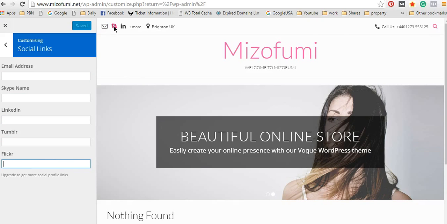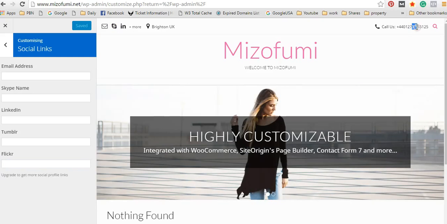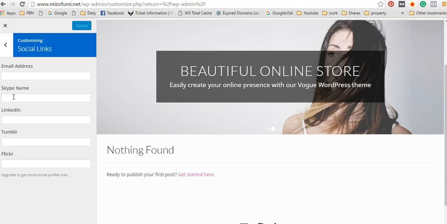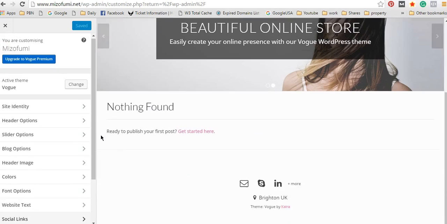What's really good about this site is that somebody can either call you here or they can just Skype you. And as long as you've put that in correctly, it'll go straight through to Skype. I think that's a fantastic little feature that they've put in there. Right, so